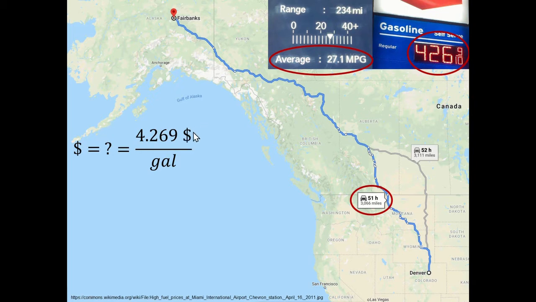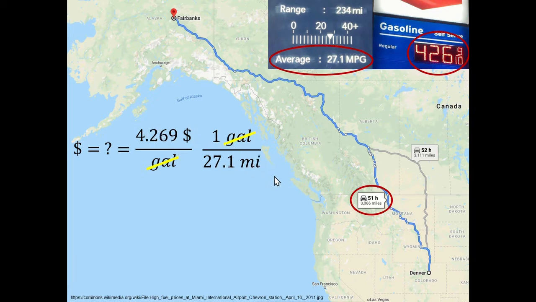But I got dollars in the numerator here. And then I got to multiply by something to get rid of the gallons. I don't want gallons in my final answer. I just want dollars. So I'm taking my mileage here. I'm going 27.1 miles per gallon of gas. Well, if 27.1 miles is the same thing as a gallon of gas, then a gallon of gas is the same thing as 27.1 miles. I flipped my fraction here. The reason I did that is because gallons is in the denominator and gallons is in the numerator. They cancel. If I stop right there, my answer would be in dollars per mile if I just divided those